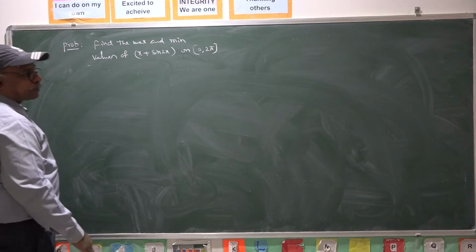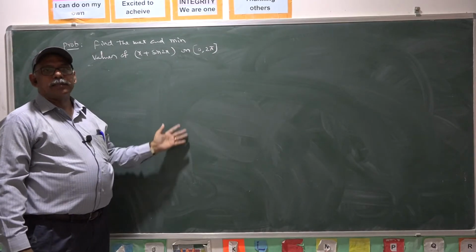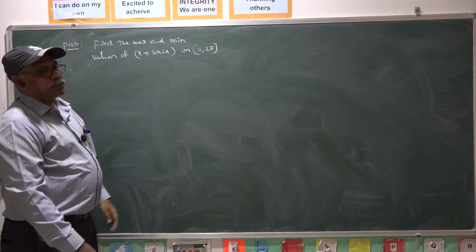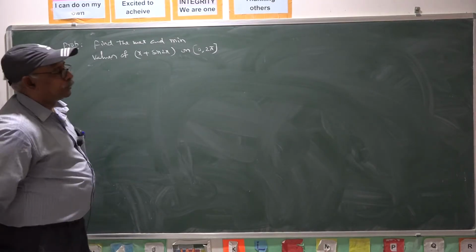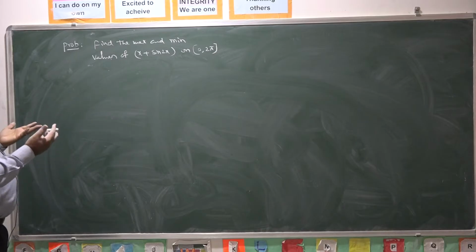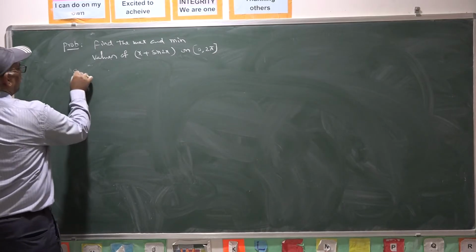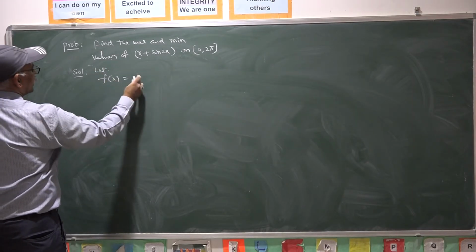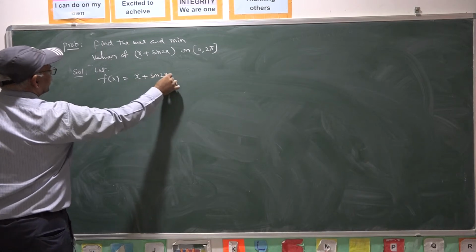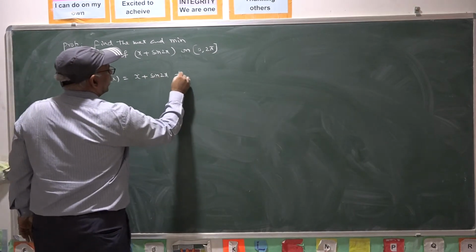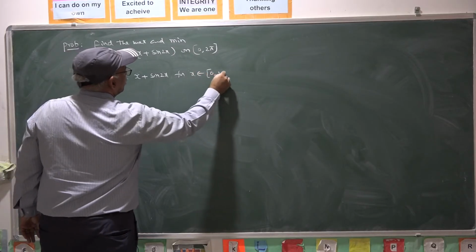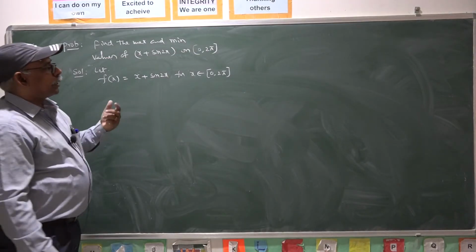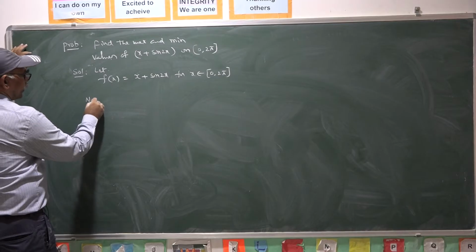Okay. This also comes under the concept of absolute maximum and absolute minimum, because the maximum and minimum of the function is to be discussed in an interval. So, we have to find the absolute maximum and absolute minimum of the function. Let us consider the given function as f(x) for x belonging to the interval 0 to 2 pi, because our discussion is in that interval only. Now, f dash x.